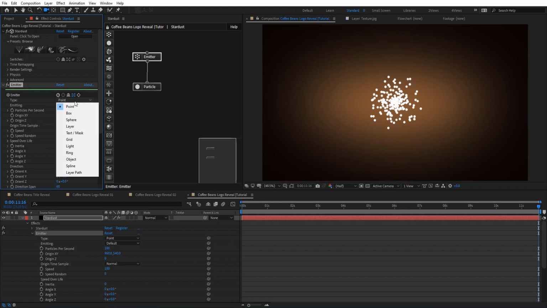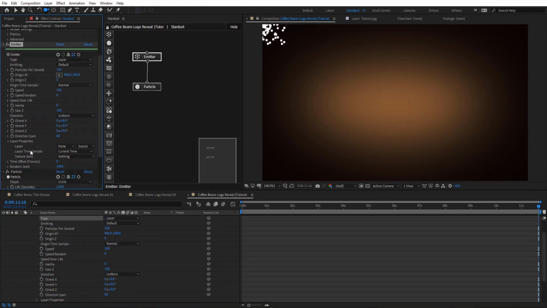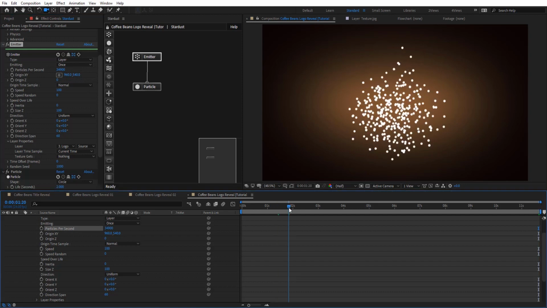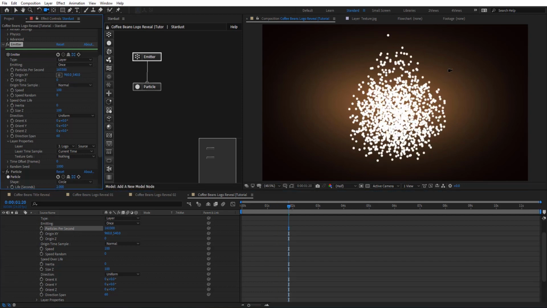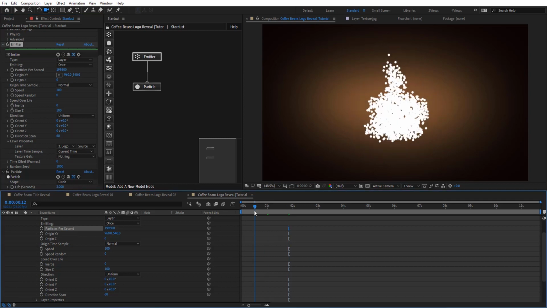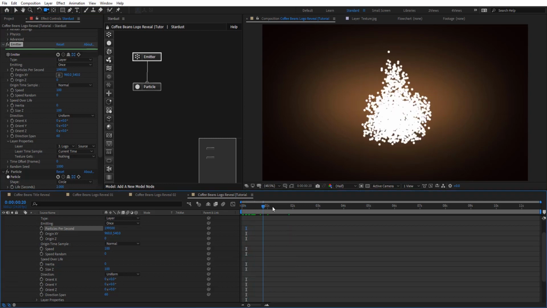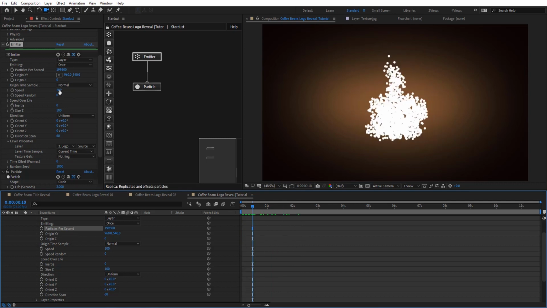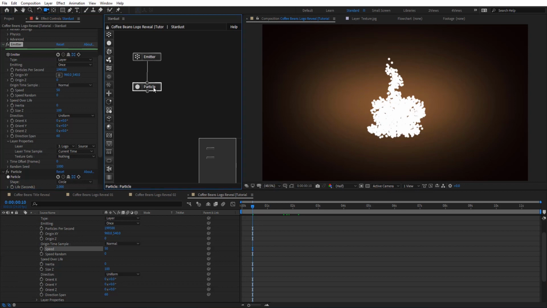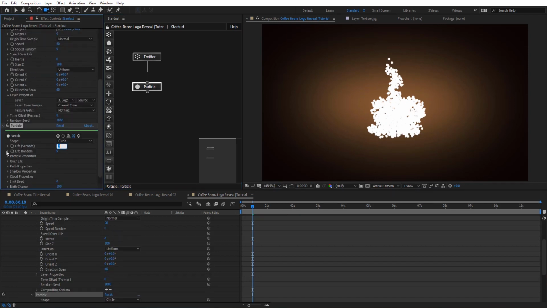So on emitter, I'm going to choose layer, and on layer property, I'm going to assign this logo here, and then emitting once, and let's crank this up to get more particles. So basically it's going to shape the logo here as you see, but there is animation. So we have speed here. I'm going to put 50 for now, and on particles, let's give it more life, so 20 seconds,